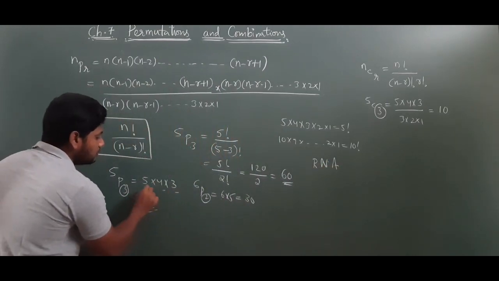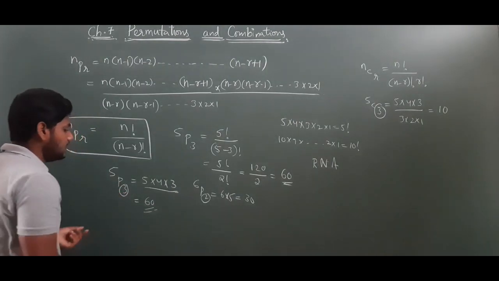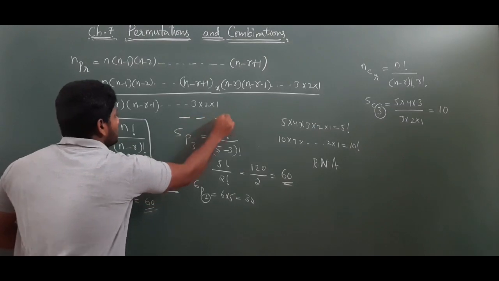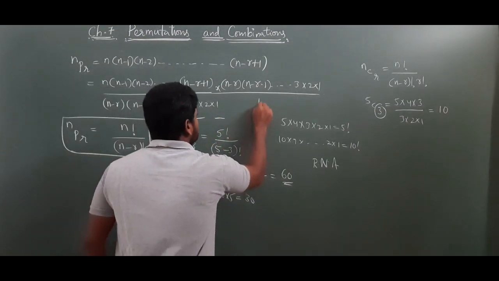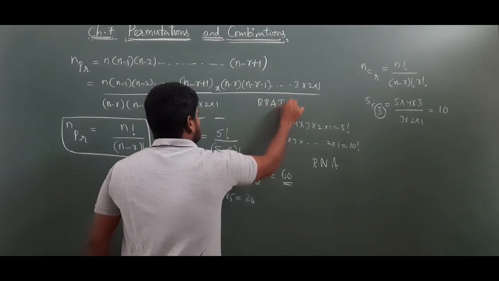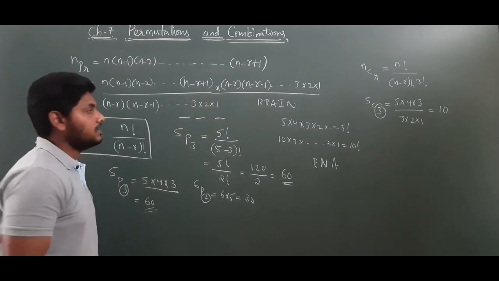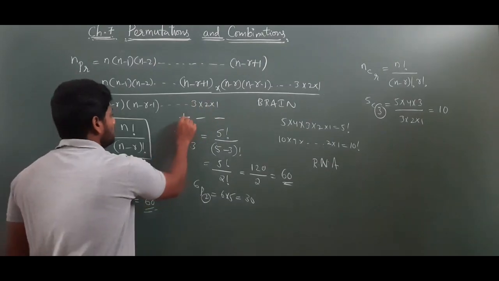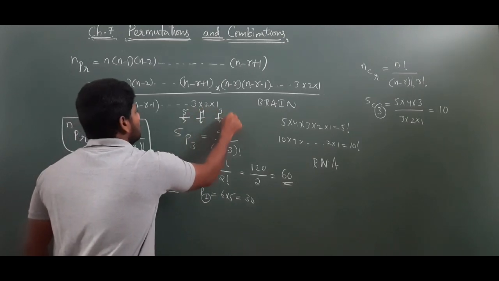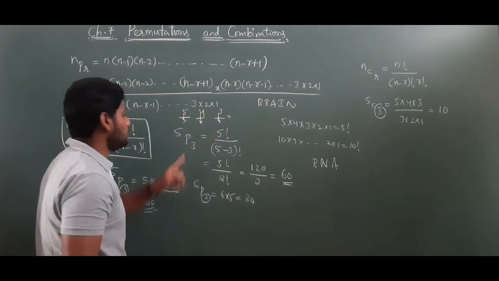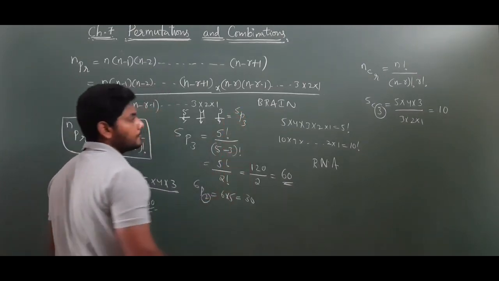See 5, 4, 3, observe here. For example, if I have a 5-letter word, and we want to find a 3-letter code. Tell me any one 5-letter word. For example, take brain. So this is a 5-letter word. When we want to find a 3-letter code from that, when repetition is not allowed, for the first one you have 5 chances, next one you have 4, next one you have 3. 5 into 4 into 3, that is nothing but 5P3, right?